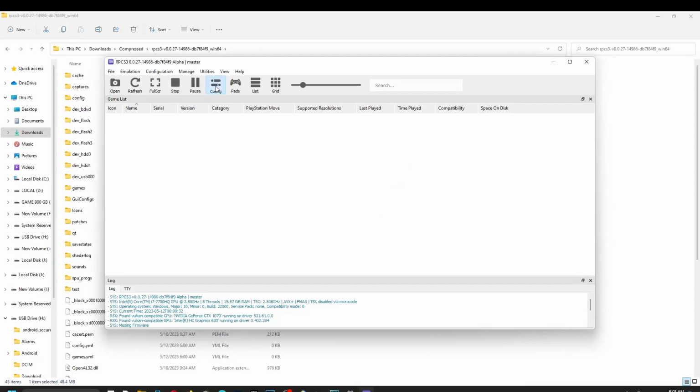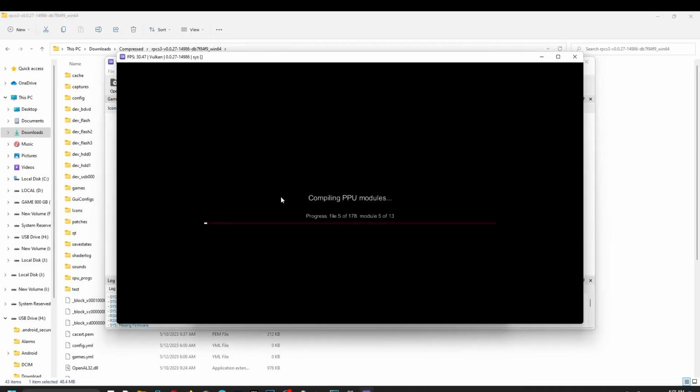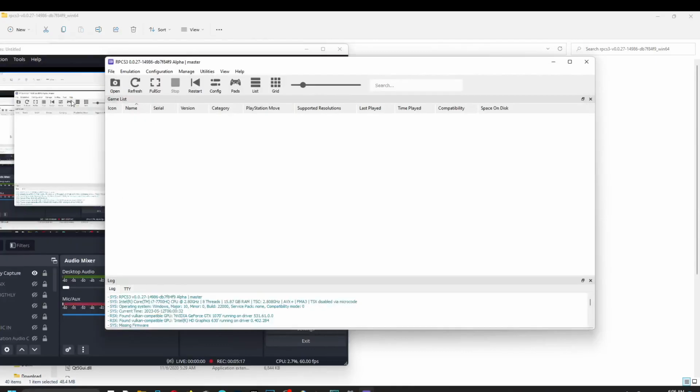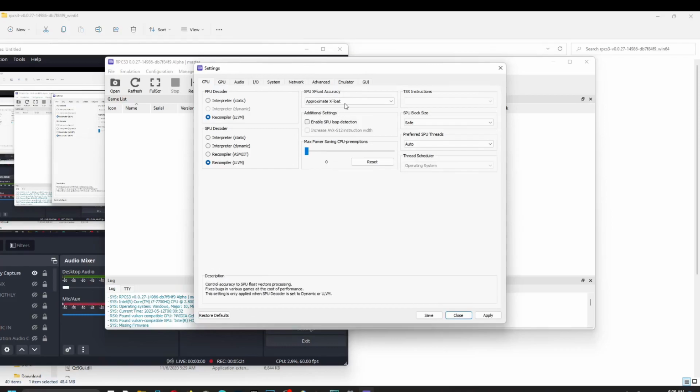Next thing we want to do is go to configure. Okay, so it's going to show us compiling PPU modules because of the firmware. So we have to wait for this to be over. Alright guys, so once you're done with that, just go ahead and click on config, and this should be it. Everything should be set like this. I would have let you guys enable this, but I wouldn't like to put this on, so I'm going to leave